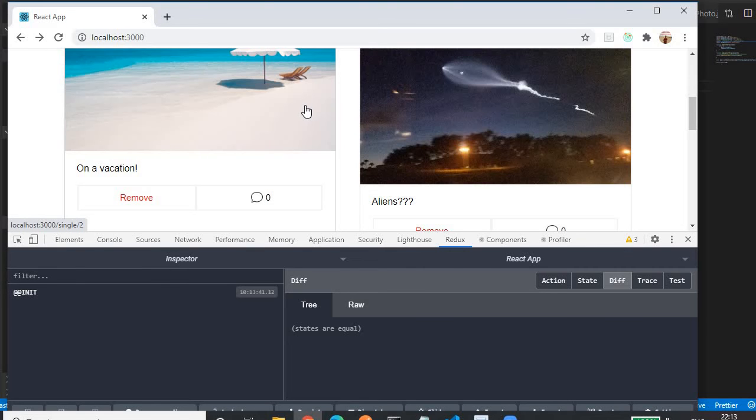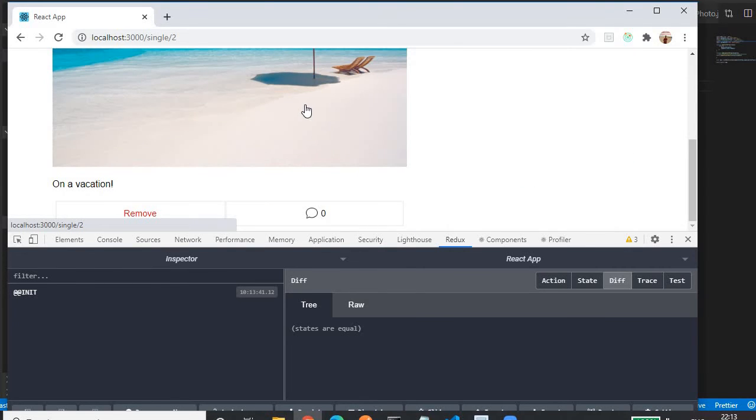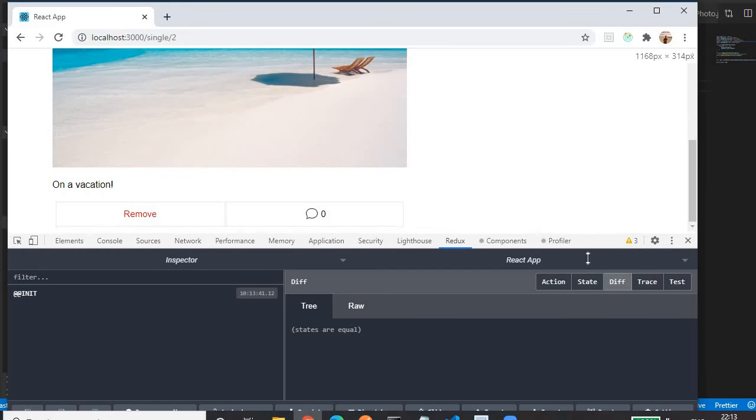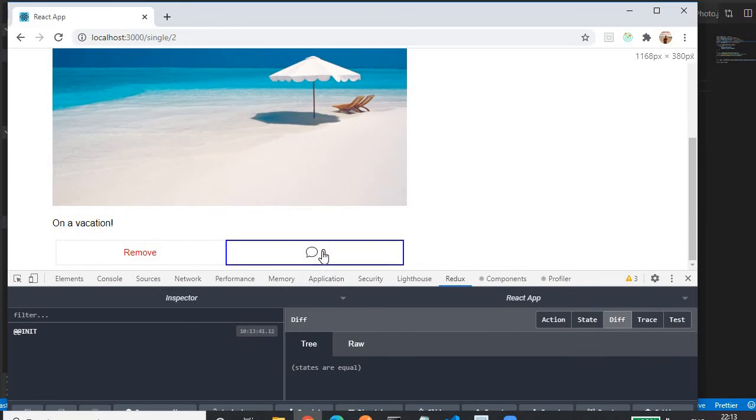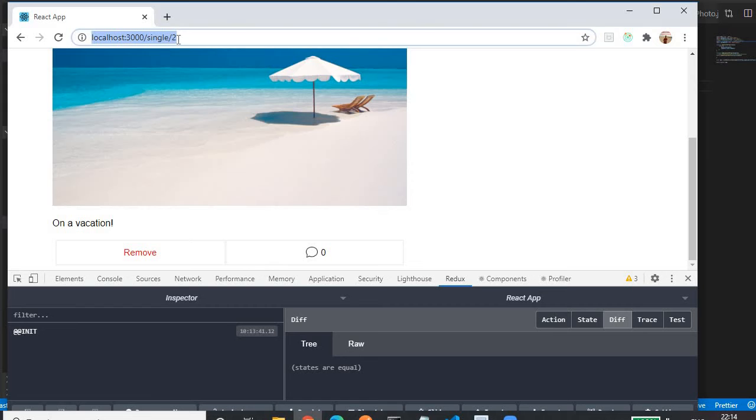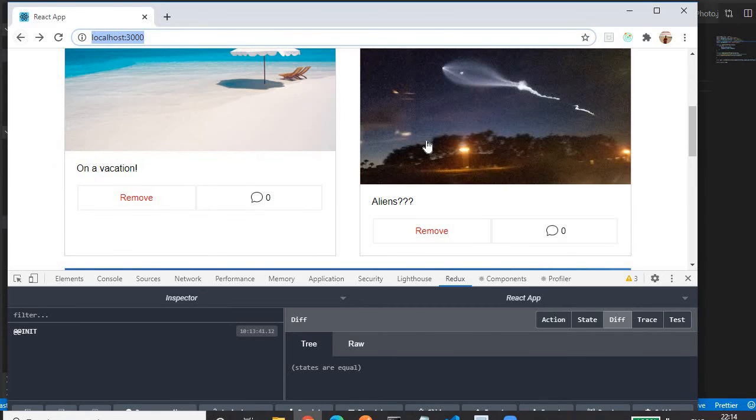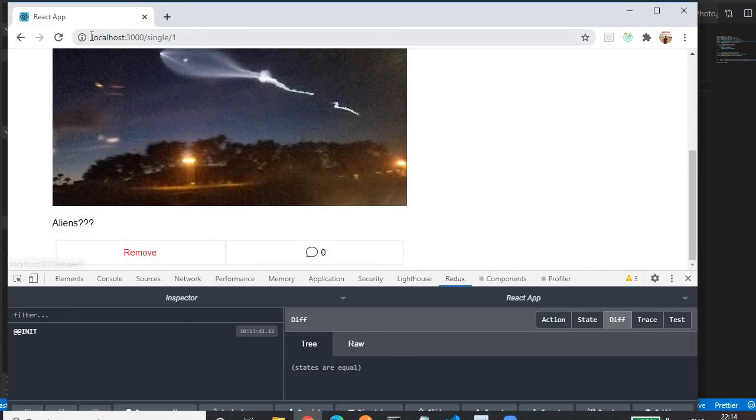On click of this image, we are navigating to the comment page, where you will find the comment button, which shows the number of comments for that image. And if you see here, we are doing parameterized routing. If you see the URL, it's the path along with the ID of the image. Let me go back. If I click on this, we'll find the ID as 1.